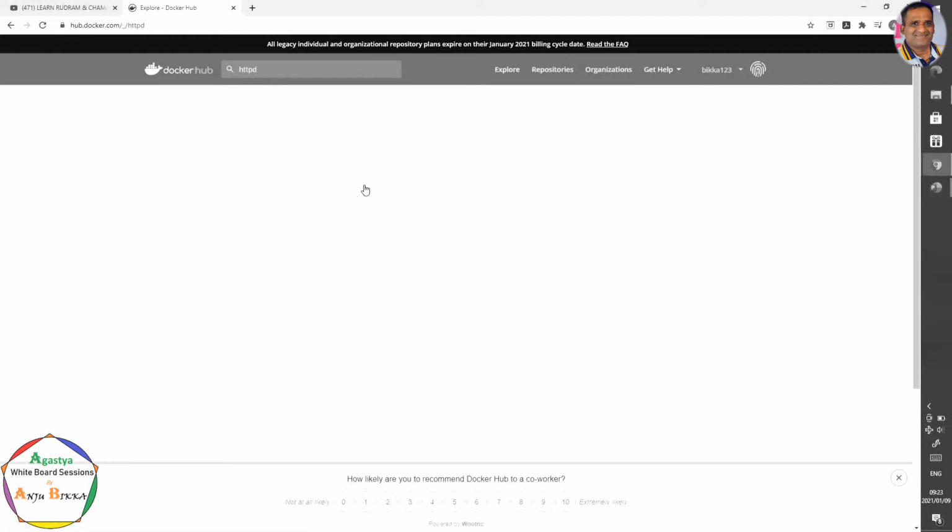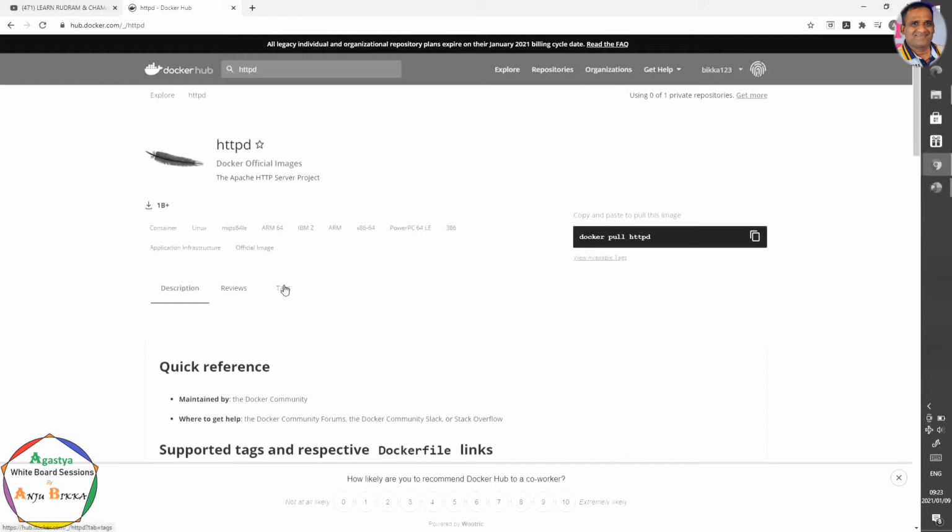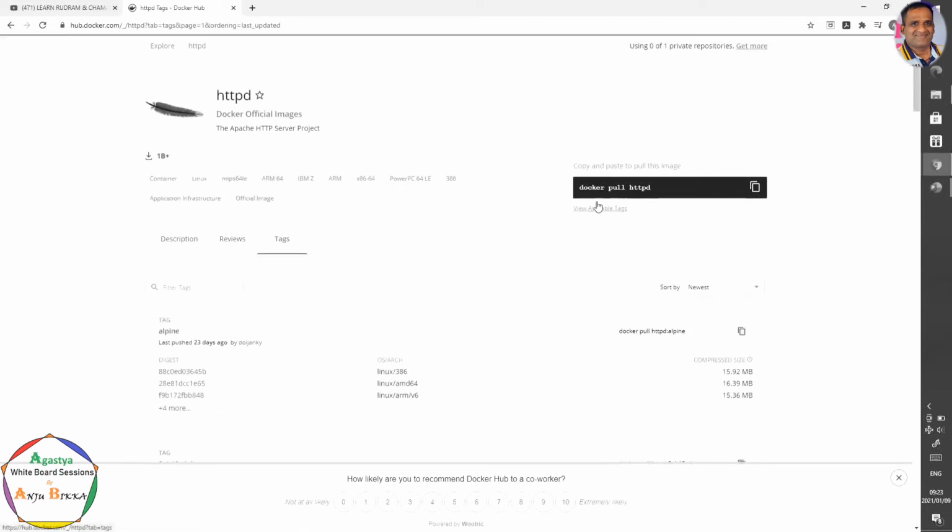If we click on that, we can see the tags. In order to pull that image, you can use Docker pull HTTPD. To create a container, you can do Docker create with the image name. So this is the image.